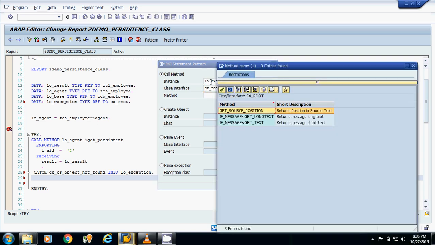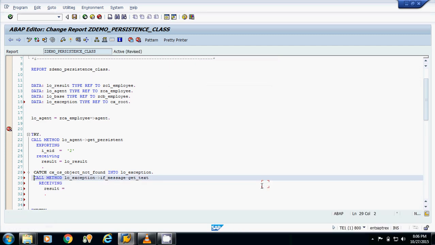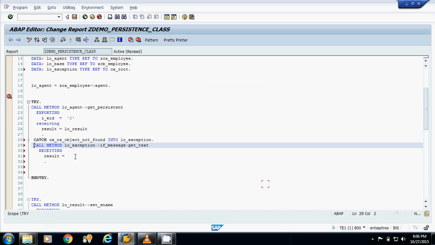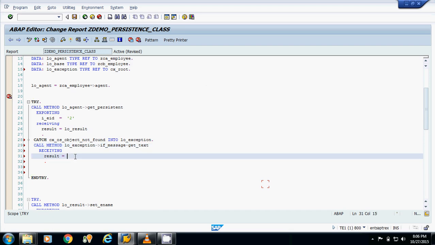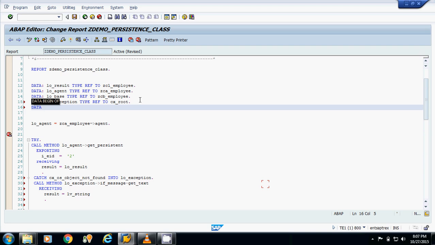The method name is get_text, which will give you the text of that particular exception. For the result, I am declaring one parameter, LV_string, with data LV_string type string.